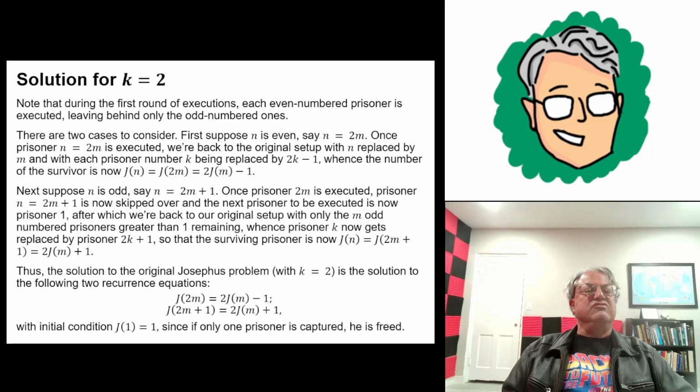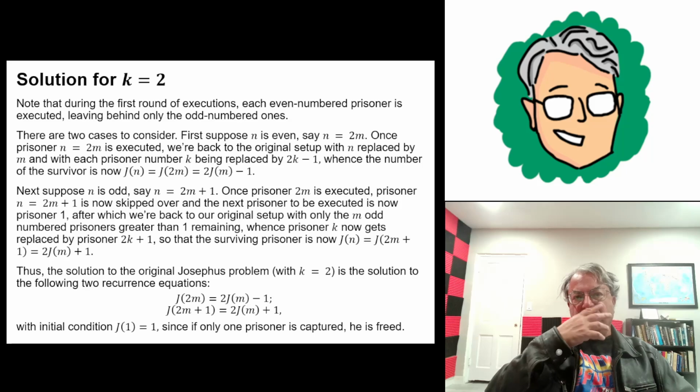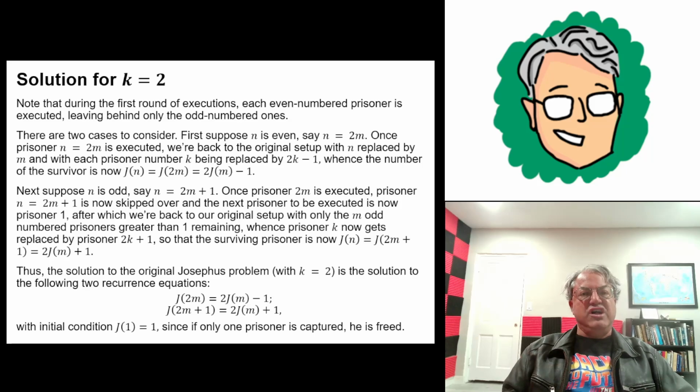I guess I'm using k to represent two different things here, but k is 2. The first k we started with is 2, so you can forget about that k. But if we're just numbering the prisoners, then the numbers of the prisoners are now all odd, and we can represent them as 2k minus 1